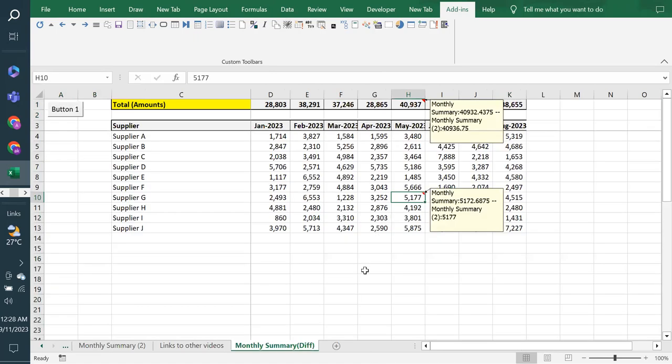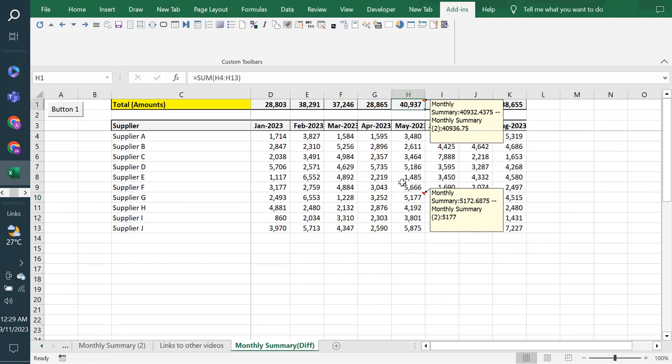Click it, then you will see that the two sheets will be shown with the difference identified, and it will highlight that this is 5177 and its previous value was 5172.6875, and it is now 5177, right? The previous value is also shown, and it has also identified that this figure is changed